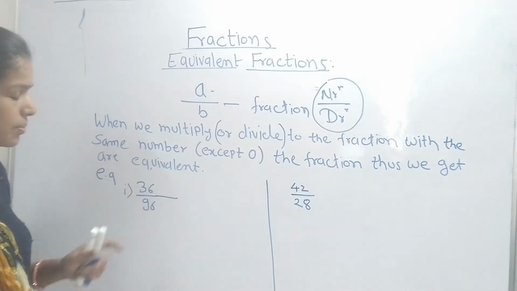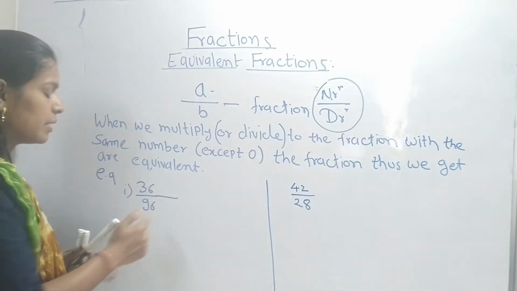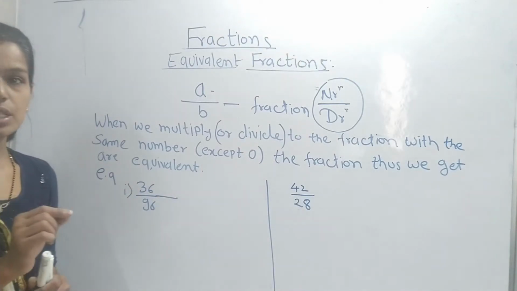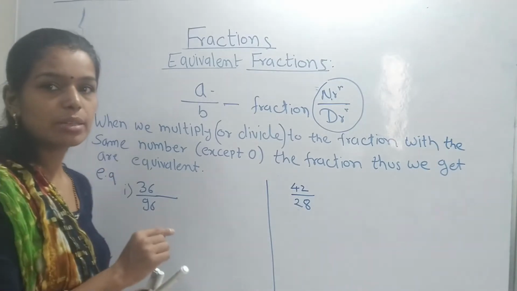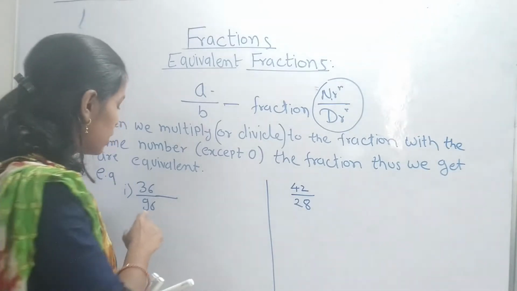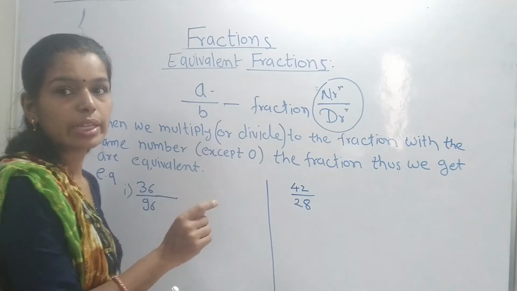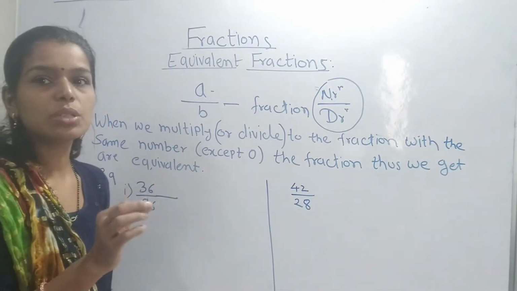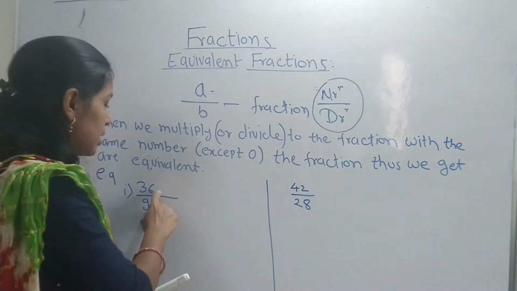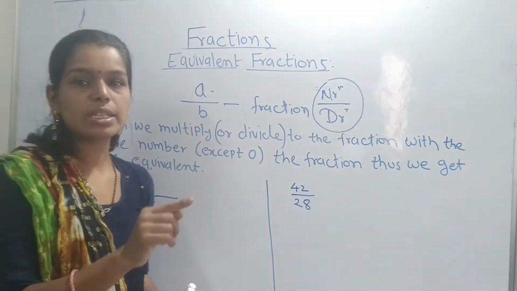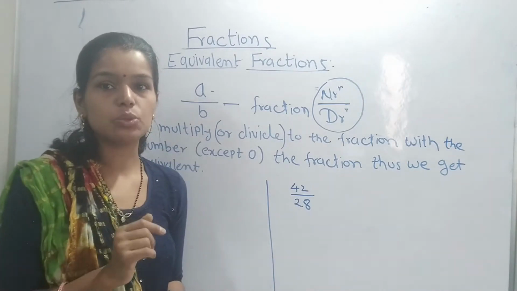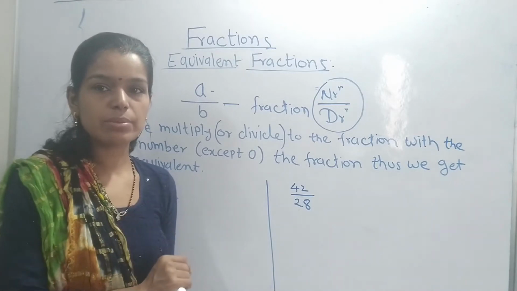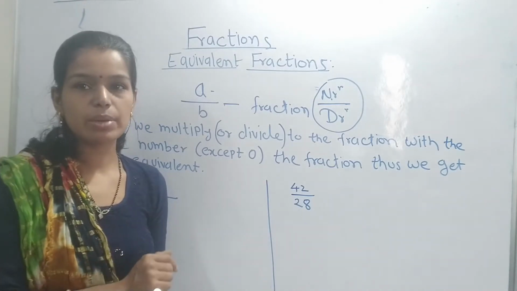Now if you observe carefully, both the numbers are divisible by 2. In the division method, you have to divide by only those numbers which are factors of this, and we know how to check whether the given number is a factor or not. Or you can also use the divisibility test. See here, if there is an even number in the ones place, then the number is divisible by 2. If the sum of the digits is divisible by 3, then the number is divisible by 3.